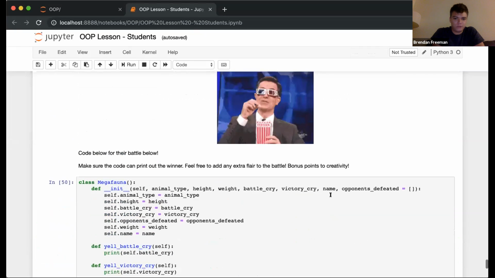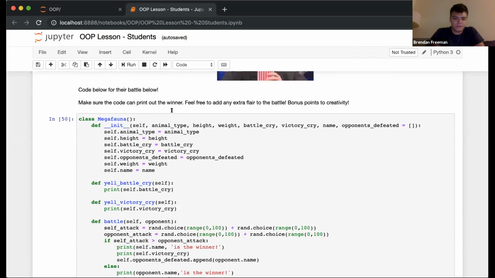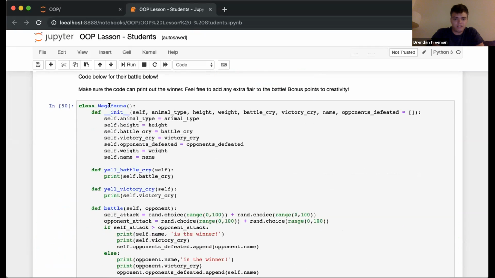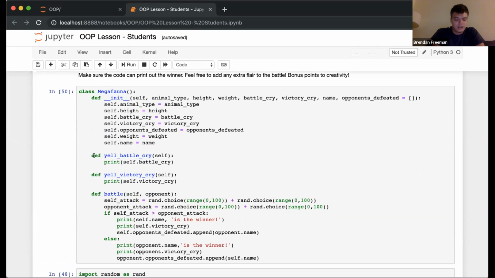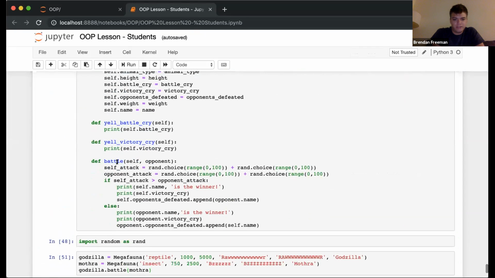All right, so for our battle, we defined our Megafauna class with animal type, height, weight, battle cry, victory cry, name, and opponents defeated. We passed in an empty list as the default value. Then we set all of them, instantiate all of them in the init function. We did yell battle cry, victory cry, and then for the battle, we used a random number generator where